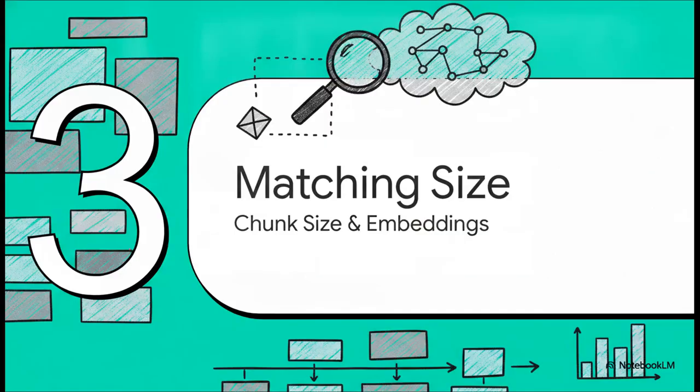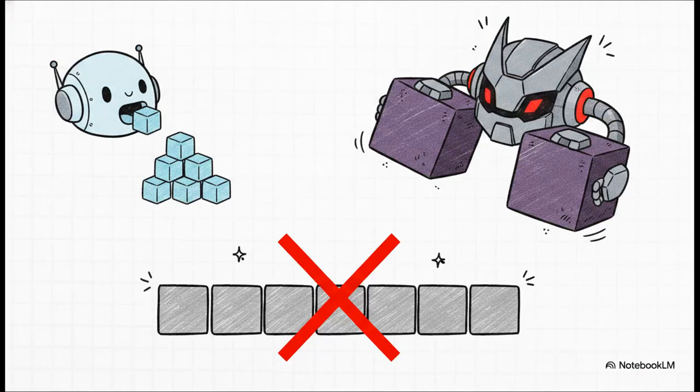Insane, right? Section 3. Matching size to embeddings. Drawing on some hard enterprise data from researcher Philip Art, we're going to uncover another crucial variable hiding in plain sight. We just talked about the method, but what about the actual physical size of the chunk itself? This research analyzed thousands of pages of SAP enterprise documentation to reveal that optimal chunk size is never static. It's actually intimately tied directly to your specific embedding model.